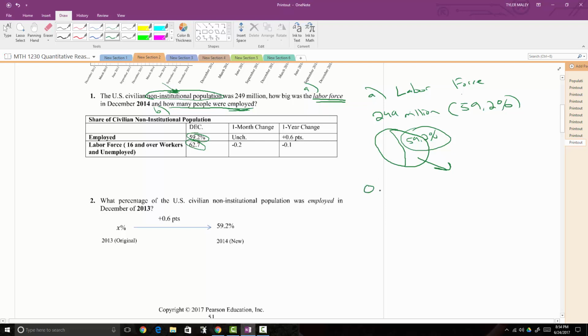So if I take 0.592 times 249 million, this gives me 0.592 times 249. So I get 147 million, and then 408, and then 3 zeros. So 147,408,000. This is how many people